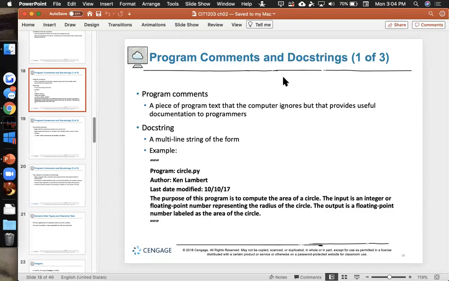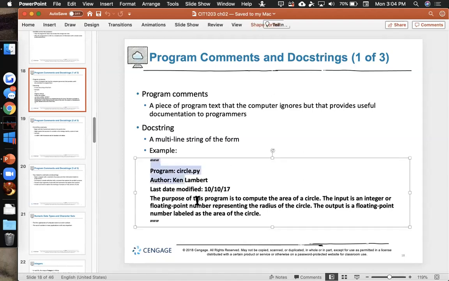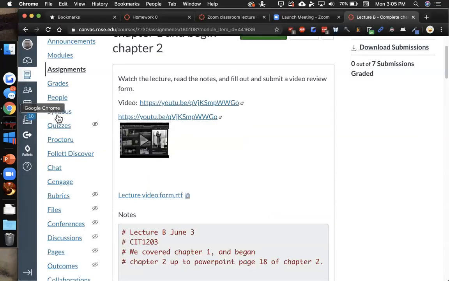Alrighty, so program comments and docstrings. We already talked about the idea that you can put a header block up at the top of your program. But once we start talking about functions, we should, by all rights, and you'll see me ignore this a lot, put a docstring on functions as well. And so those look like